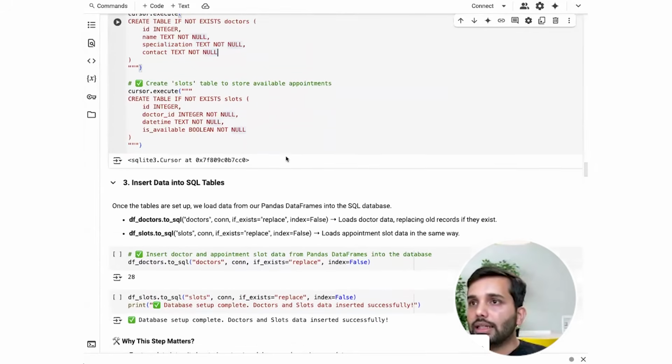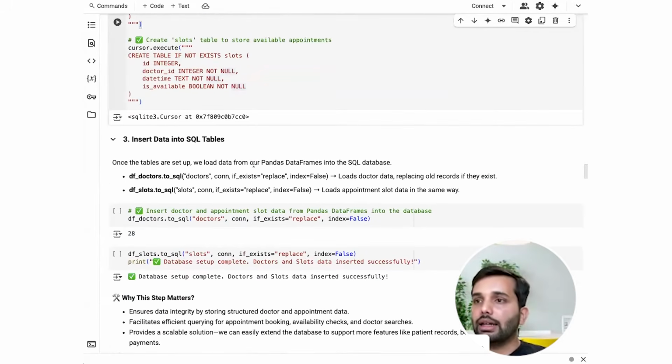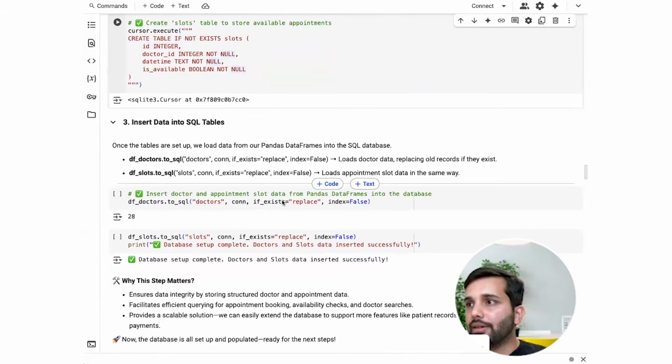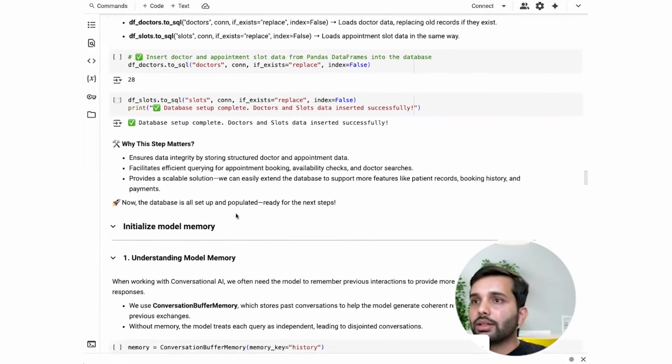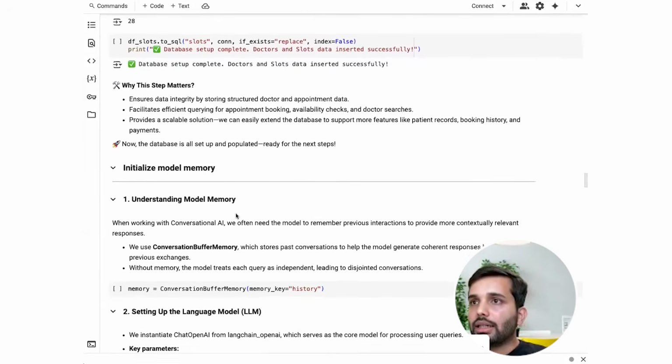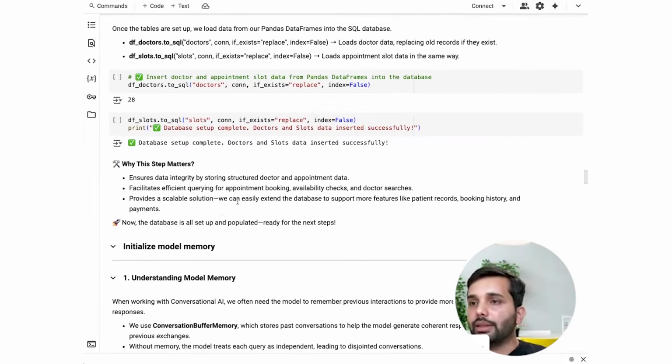Once we have created the table, we can take in these data frames and push these records to our SQL database. So in this case, we are just trying to mimic how we'll see things in an enterprise setting where the data is not in CSV but in some backend database like SQLite. So once we have set up our database like this,